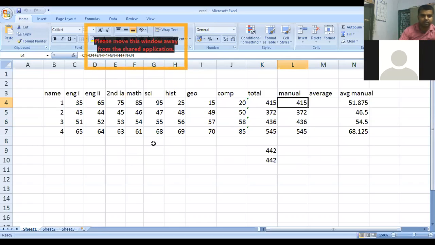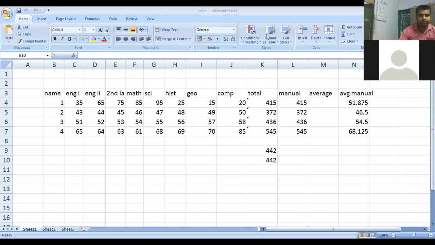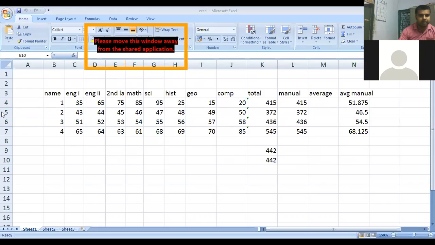what is the cell address. Cell address is actually the combination of the column name and the row number. I repeat, cell address is a combination of the column name and the row number.